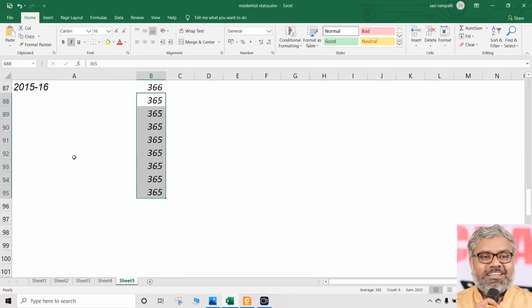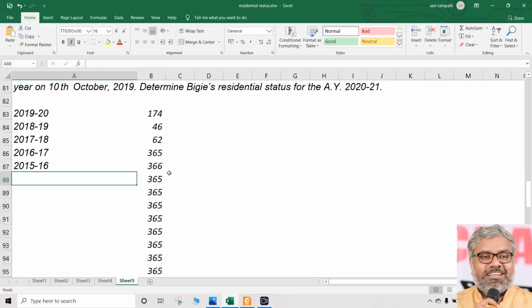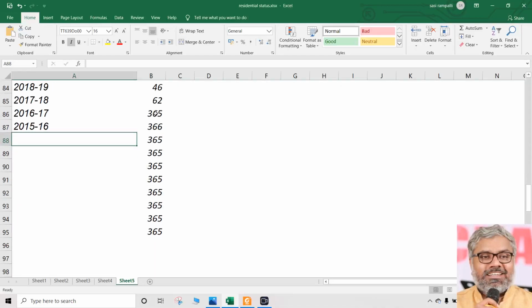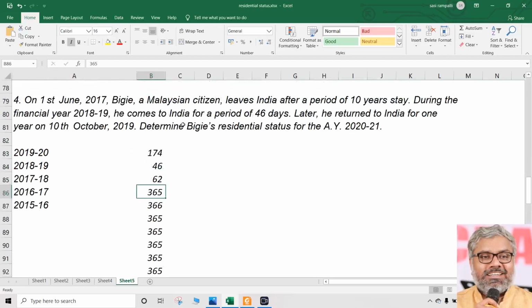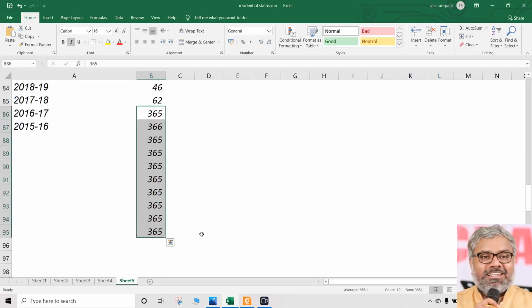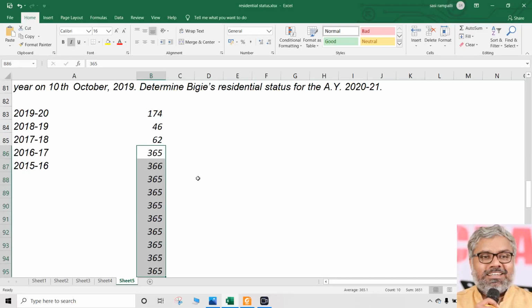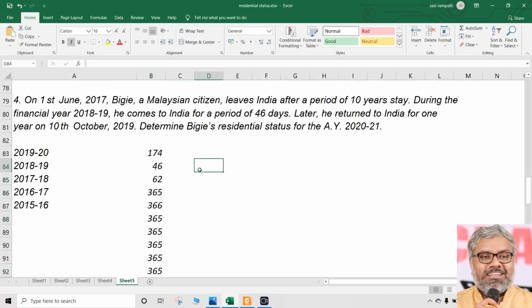So many years are there. We don't need all of them also. Don't try to write all these years, 10 years, waste of time. Don't do that unnecessary exercise. We should generally know that. See, prior to 2017, for 10 years he was in India. That is enough. So, just for understanding purposes, I am writing. In the exam, you don't need to write all this because it is not required. Residential status, if it is required only, we do the calculations.